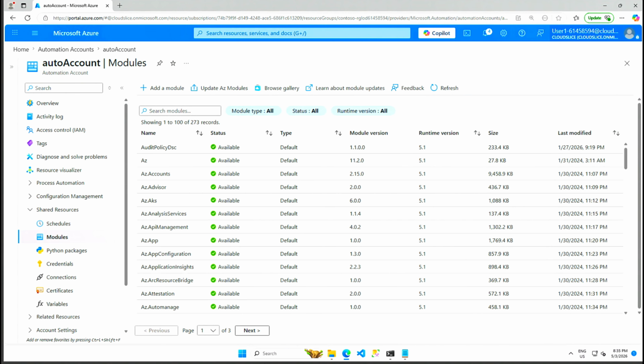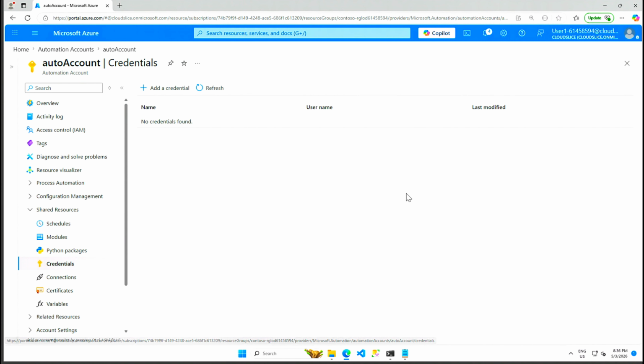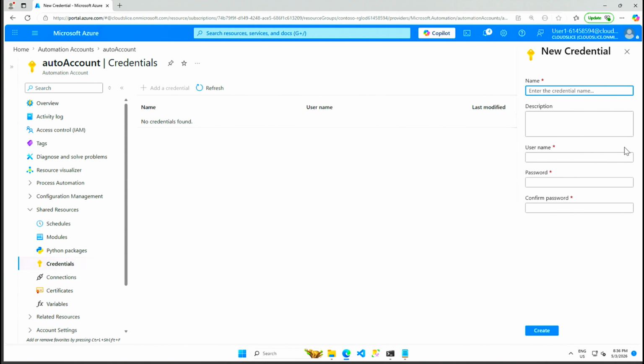So now we will need to create an account to securely sign in to the database. So for that, let's go to shared resources, and you can see that there is an option for credential. So select that one, credential, and here we are going to add a credential. Select add a credential, and give a credential name. We are giving SQL user,